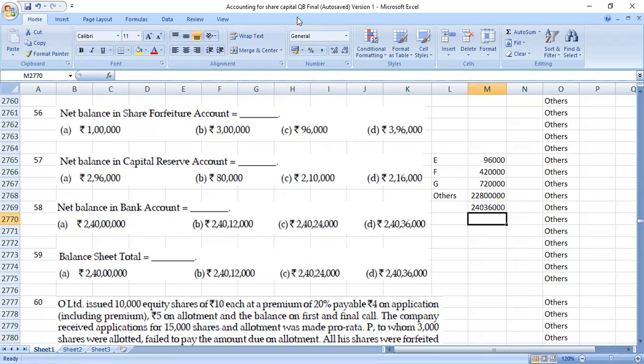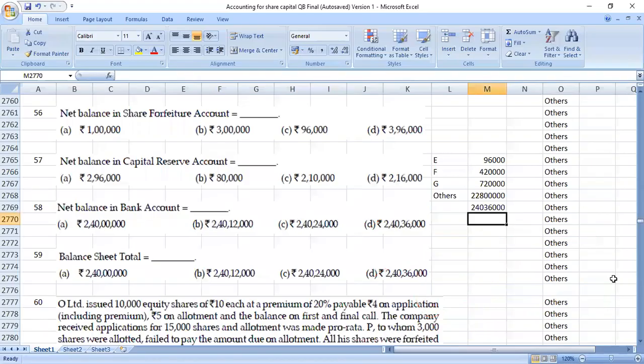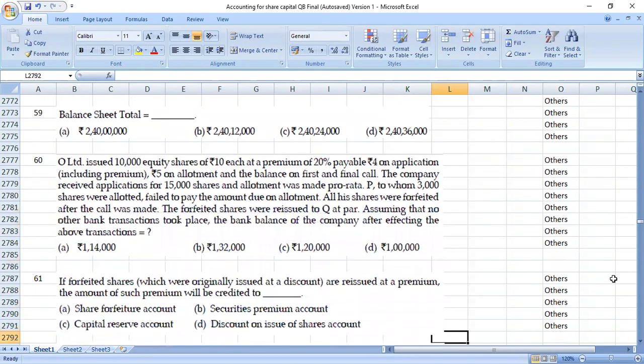24,36,000. பேலன்ஸ் ஷீட்டோட டோட்டல் என்ன அப்படின்னு கேட்குறாங்க. ரொம்ப சிம்பிள். 24,36,000. பிகாஸ் பேங்க் எங்க இருக்கும்? மற்ற எல்லா அக்கௌண்ட் இது வரைக்கும் அஃபெக்ட் ஆனது எல்லாம் லைபிலிட்டி சைட்ல இருக்கும். So 24,36,000 மட்டும்தான் பேங்க்ல. Money received will be there in bank. Understood, children? The money received in bank is the balance sheet total if no other transaction has taken place other than issue of shares.